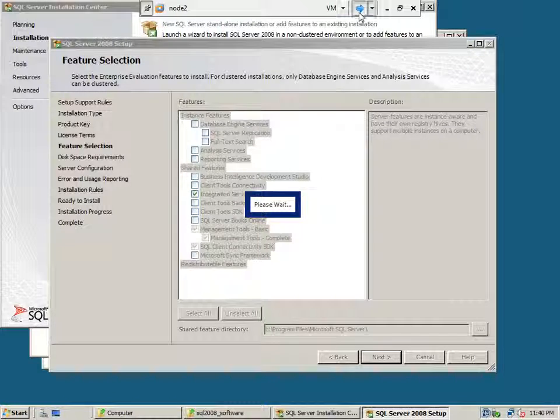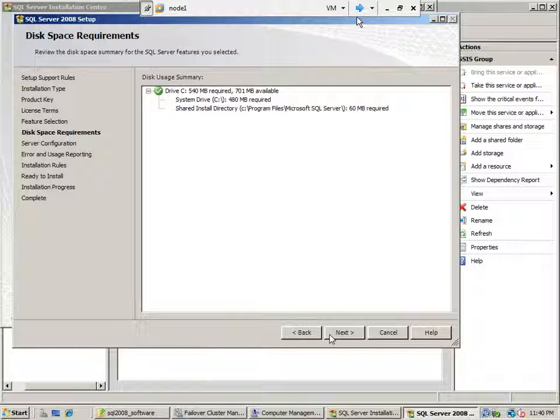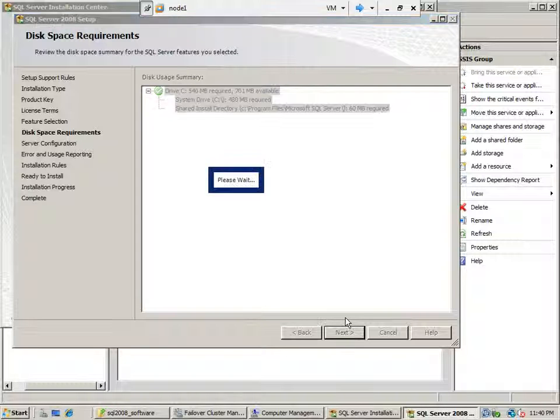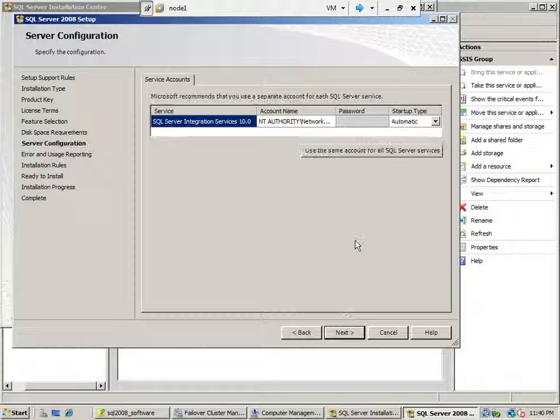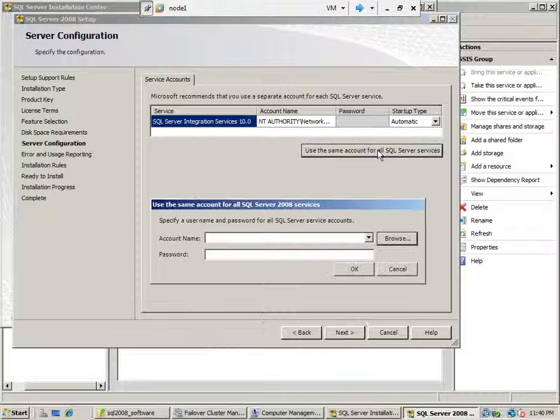Let's go to the node 1. Okay, there we are in the final steps. Click next. I'm going to use